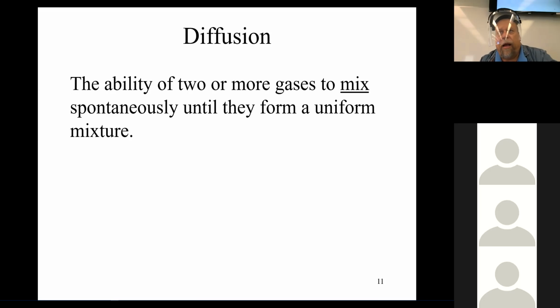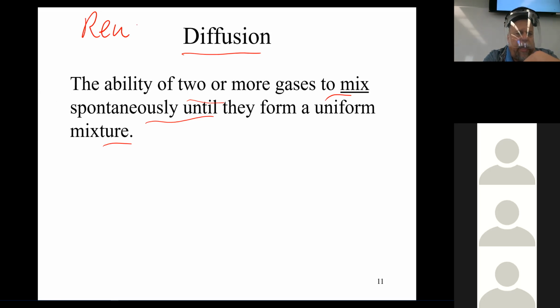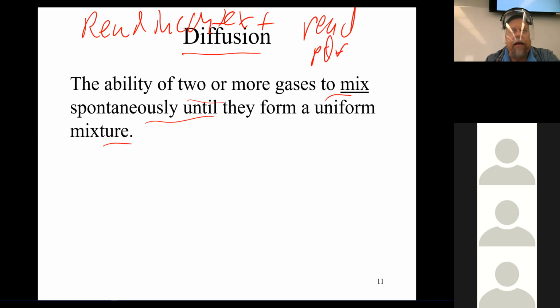Now, there's 2 concepts that are important to understand regarding the nature of gases. Diffusion, that's the ability of 2 or more gases to mix spontaneously until they form a uniform mixture. These definitions are best read in context. So yes, I want everybody to please read the PDF you have in this shared folder, okay? And your book goes into this too, but in less depth in chapter 10 than Hein will, okay? So they cover both of the materials. So I'm not asking you to read 2 books. I'm just asking you to use some things.